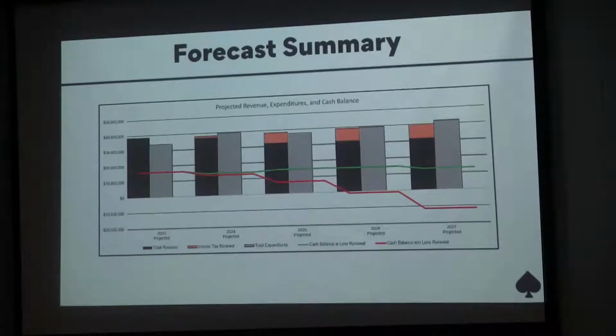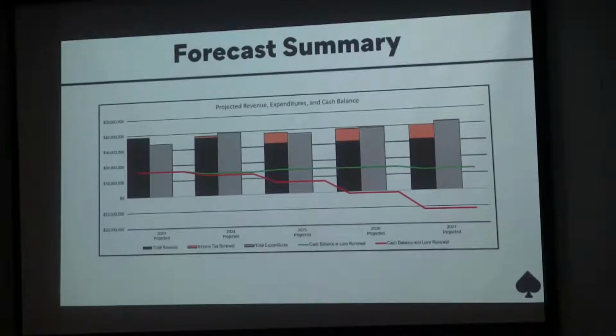The green line is pretty flat through the next 5 years, and that's showing that we fluctuate a little bit back and forth, with revenue coming in slightly higher than expenditures, then we dip back down. But we're pretty level as far as cash balance goes over the life of the forecast. In contrast, the red line is pretty steeply declining. What's to note here is the difference between those two lines. That would be the deficit without the income tax renewal out in 27. As you can see, without the income tax renewal, the cash balance diminishes quickly.